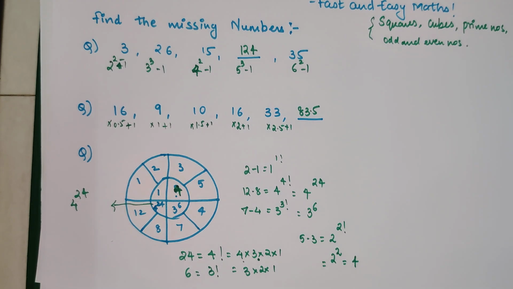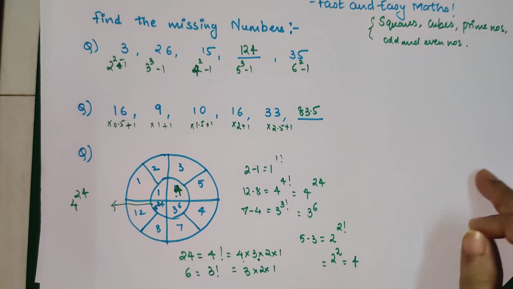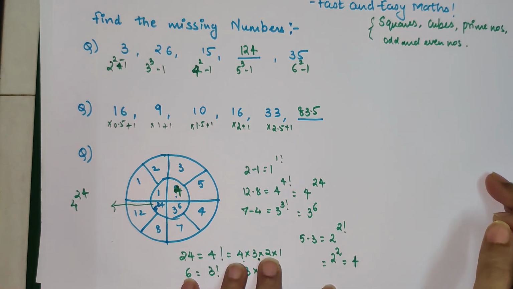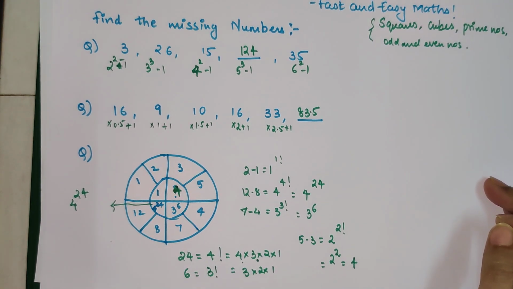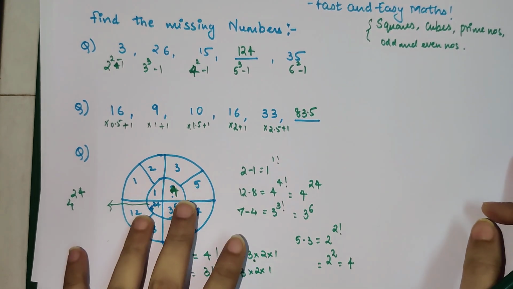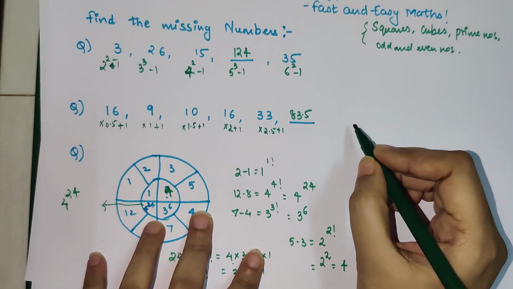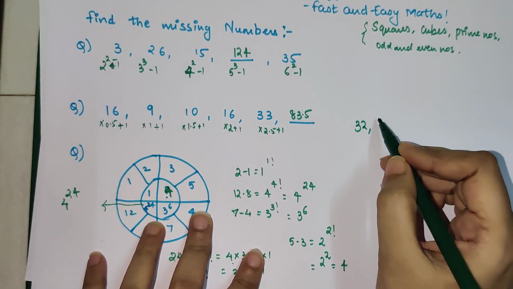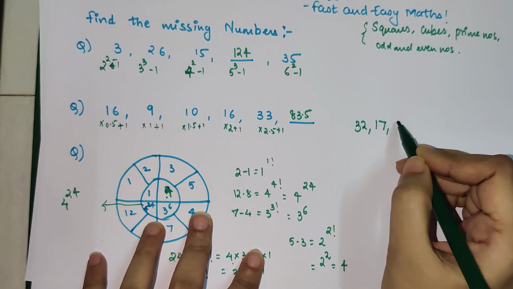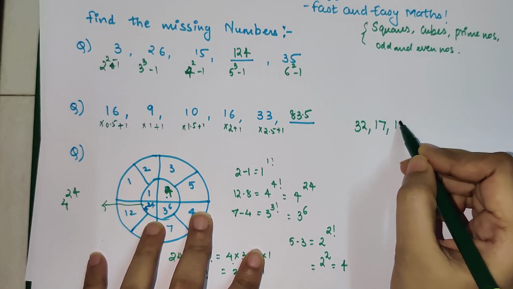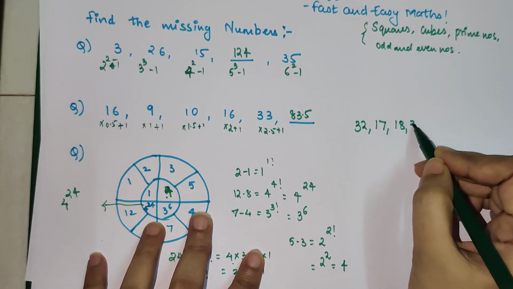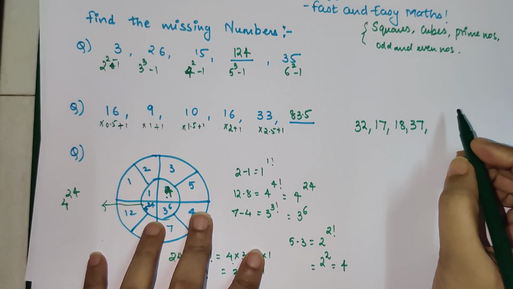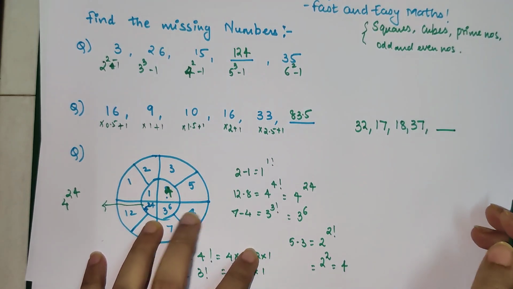Okay. So now, students, time for a DIY question. I want you all to tell me what is the missing number. Over here 32 you have, then we have 17, then we have 18, and then we have 37. And now I want you to tell me what should be the last number of this